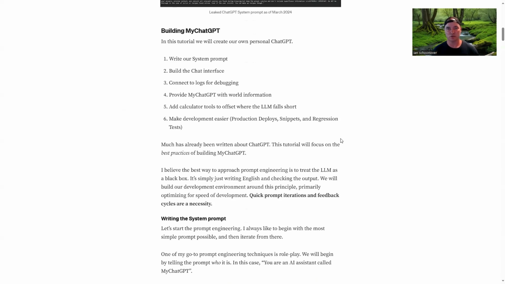which is going to be our little chatbot here. All right, so we have some steps here. We're actually going to break this tutorial up into two parts. And in today's part, we're going to go over writing our system prompt, building the chat interface, and connecting to logs for debugging. And then in the future video, we're going to provide my ChatGPT with world information, things like